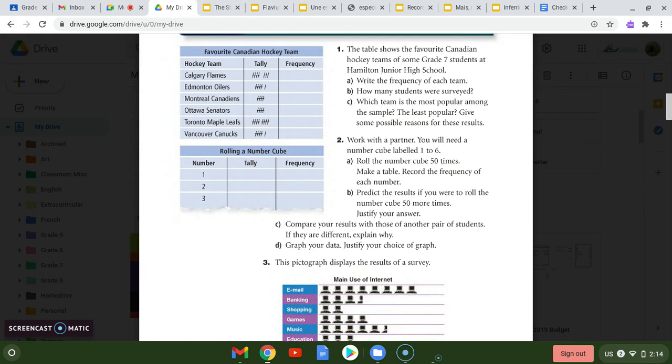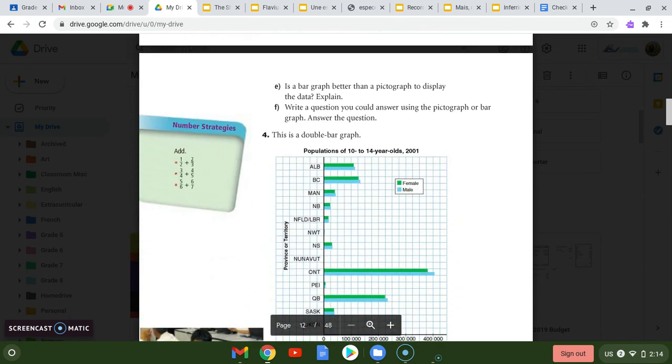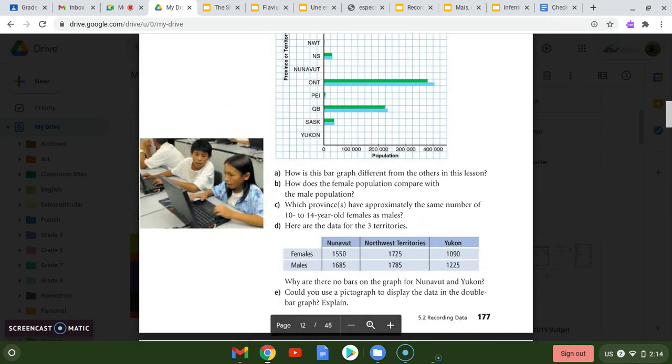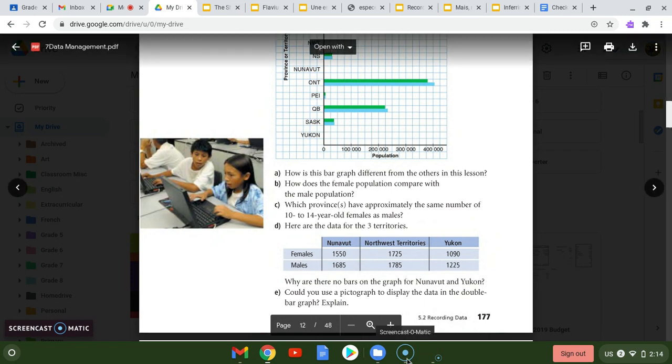So you're going to do the rest of these questions, trying to draw some conclusions based on the data and exploring different ways that we get this information. If you have any questions, jump onto the Google Meet to the